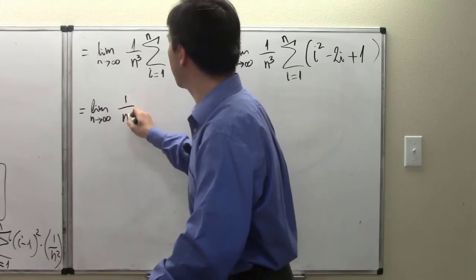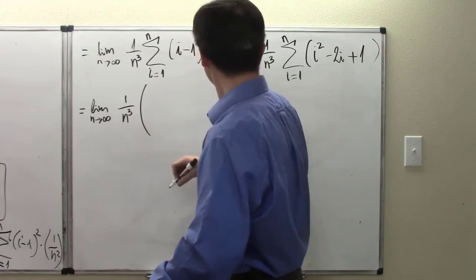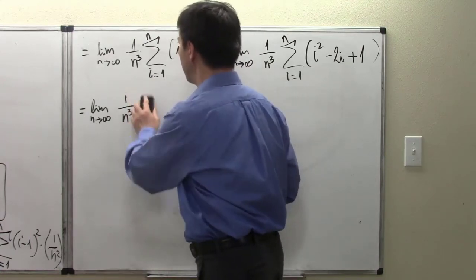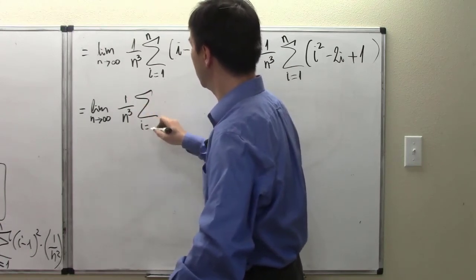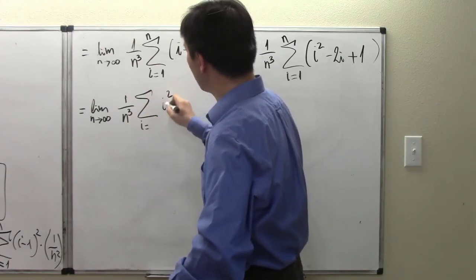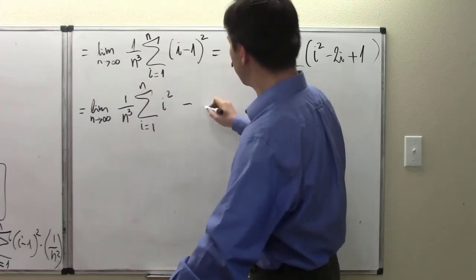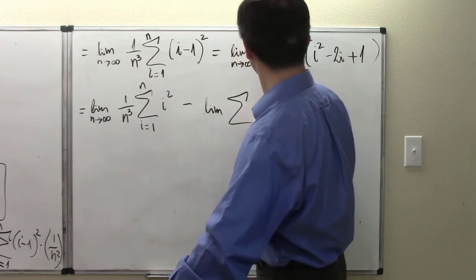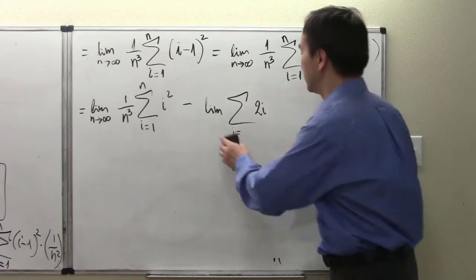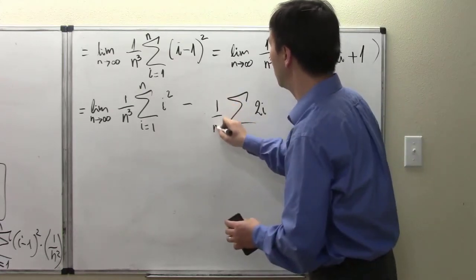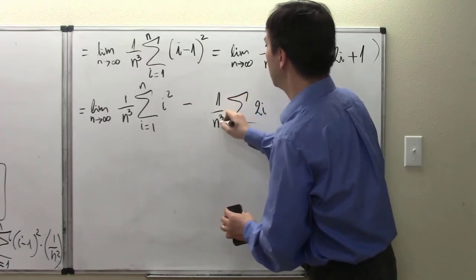So 1 over n cubed is still here, but now we can produce 3 separate limits, or how about allow me to do the following. It's 3 separate sums. I squared is one of them, summing from 1 to n, and then minus, it's another limit problem here where the middle term is a 2i, and then we also need to multiply with the 1 over n cubed. And taking that limit,